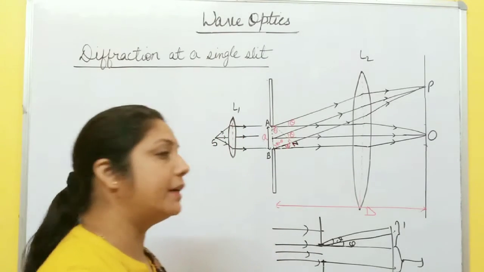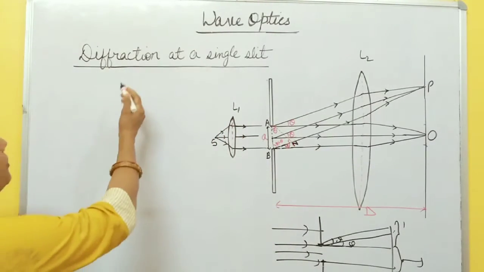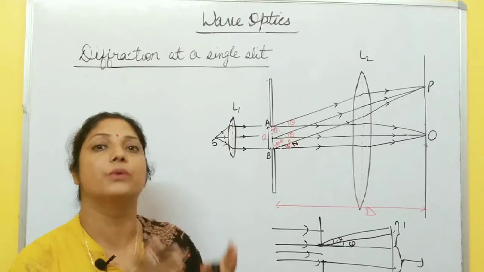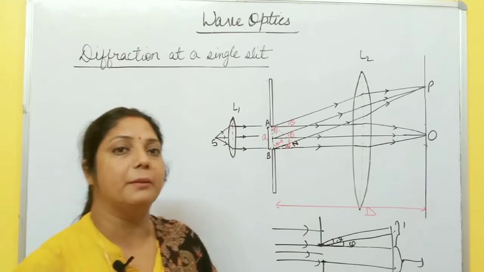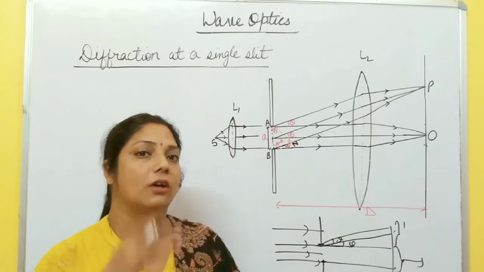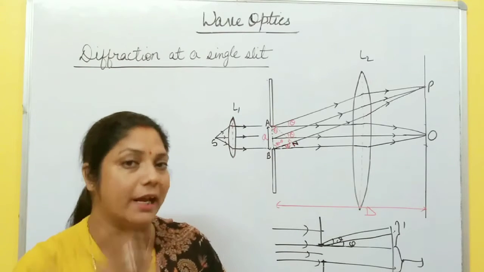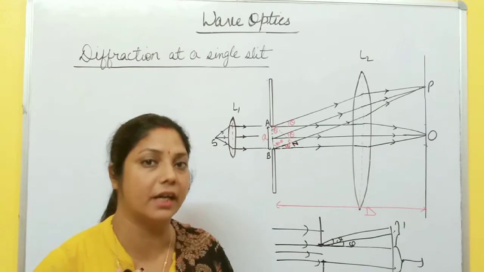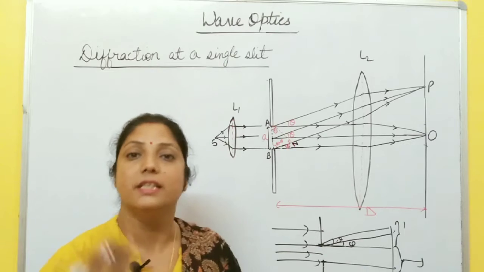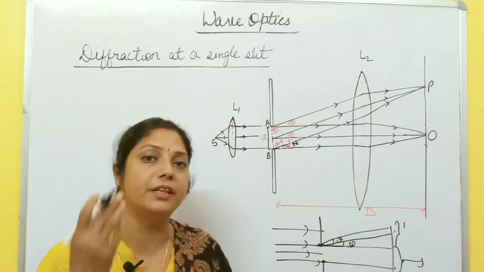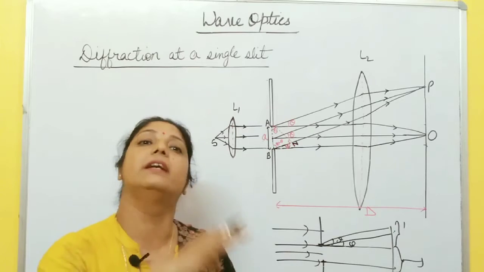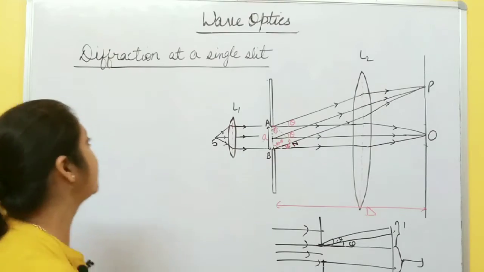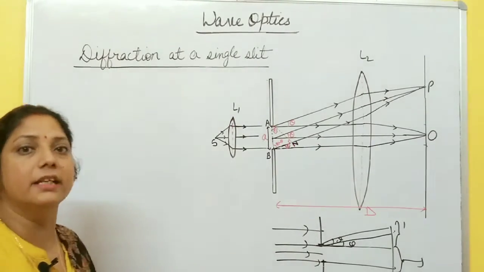Using this property, today I am going to discuss diffraction at a single slit. What happens when light passes through a single slit, and what type of fringes are formed on the screen? Are bright or dark fringes formed, what is the position of those fringes, at what point from the center of the screen are they formed, and what are the different conditions when a bright fringe is formed and when a dark fringe is formed? We will discuss all these things in today's video. So let us start with this topic, diffraction at a single slit.